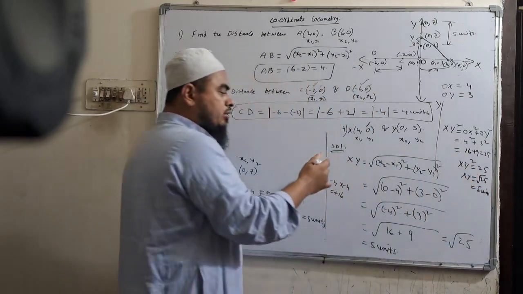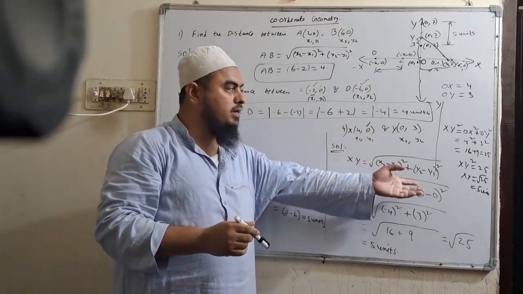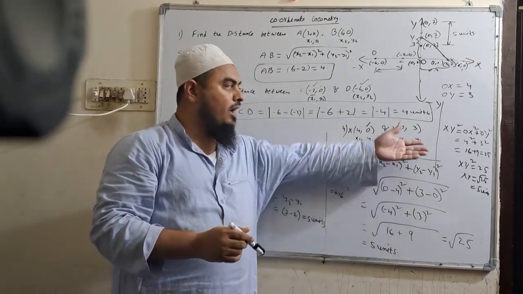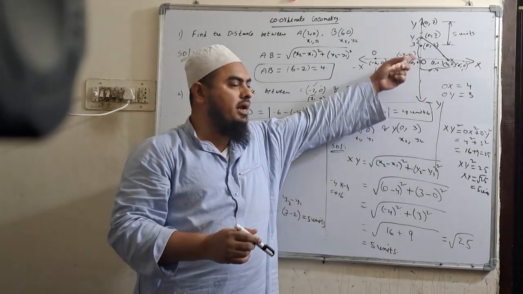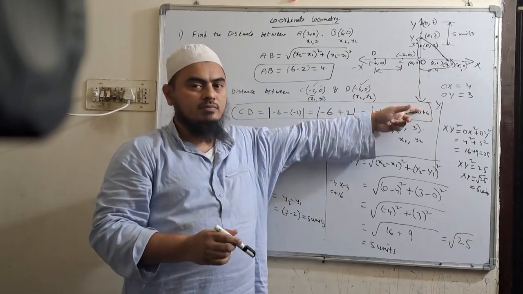So you can directly use this formula of square root of (x2 minus x1) square plus (y2 minus y1) square and substitute, or you can use the right angle triangle and Pythagoras theorem to solve. Okay,